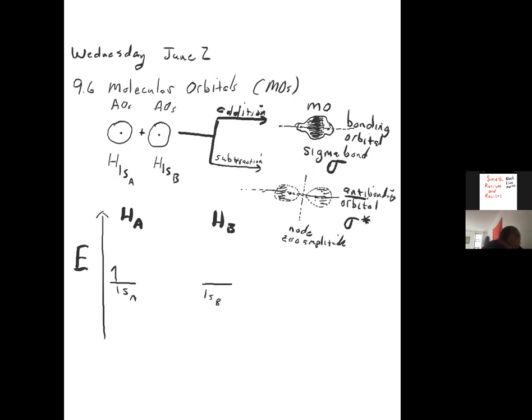And each atom has one electron, right? Hydrogen only has one valence electron, right? So here's what happens. The addition part, it turns out, lowers the energy of the atoms relative to the separate atoms. So these are two separate atoms, right? Those are separated. They're not bonded. So when you have two hydrogen atoms that are not bonded, you have 1s1, 1s1. They're not bonded. But now, when those two orbitals get near each other, when the electrons get near each other,